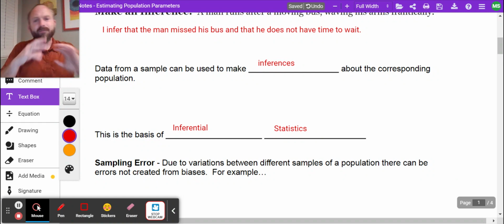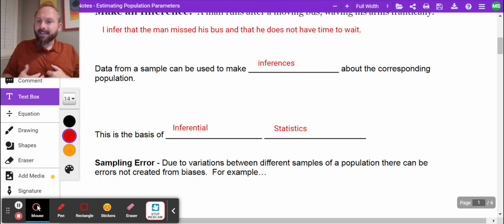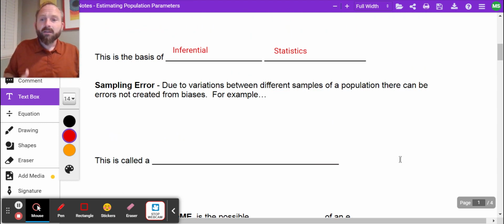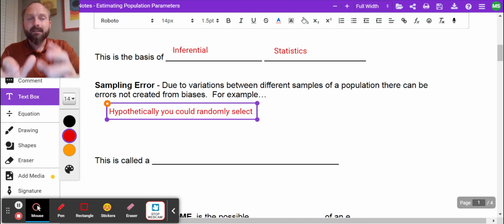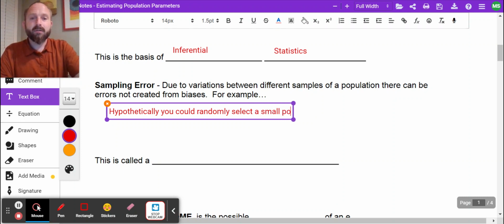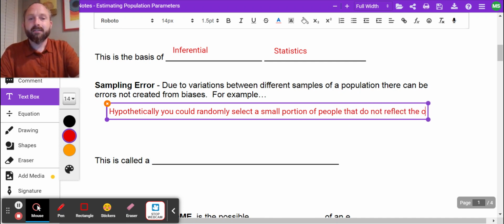So, sampling error. Due to the variations between different samples of a population, there can be errors that are not created from biases. For example, when we were thinking about asking what our new mascot should be, if you went specifically to the cat club and thought that represented the whole student population, that would be a bias, because you went to a place where most of the people probably like cats. Hypothetically, you could randomly select a small portion of people that do not reflect the population